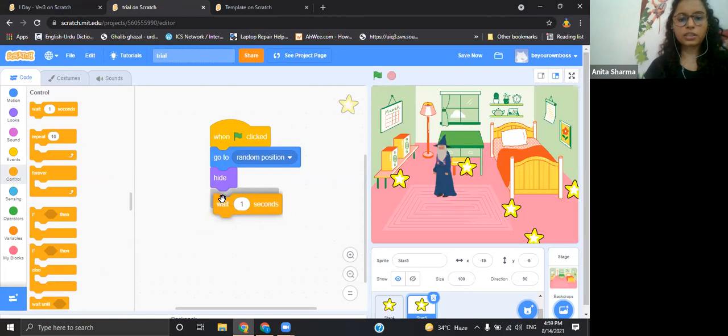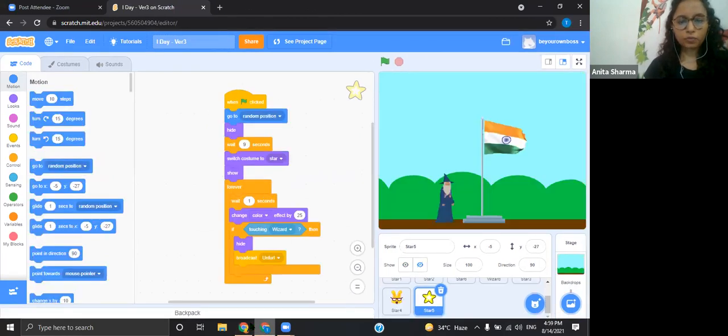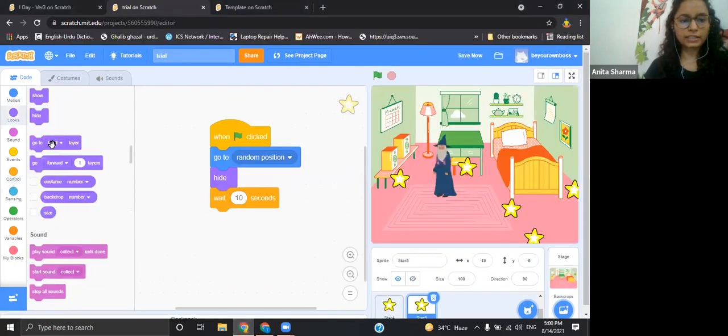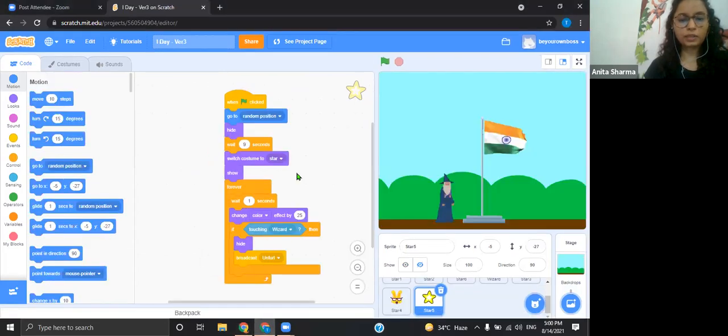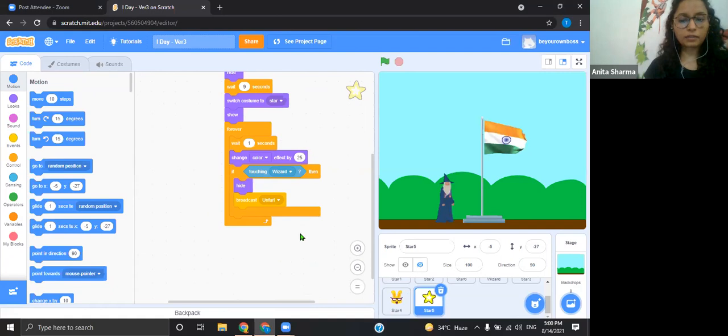Let's use this and make it 10 seconds. For 10 seconds it will be hiding. After hiding, it will show up, because initially it is hiding, so then we need to show it up, right? And then it will check if it is touching the wizard.